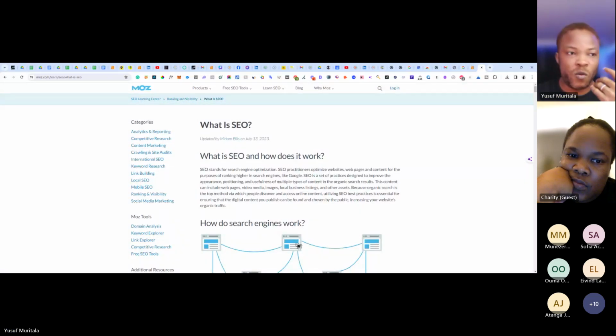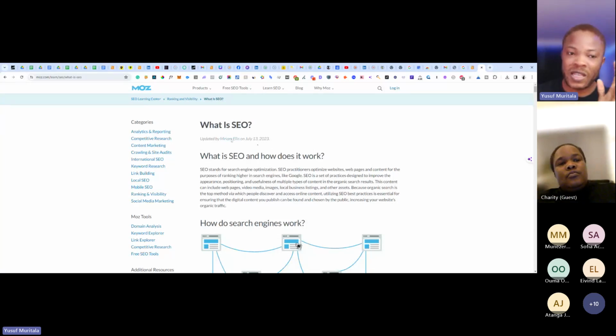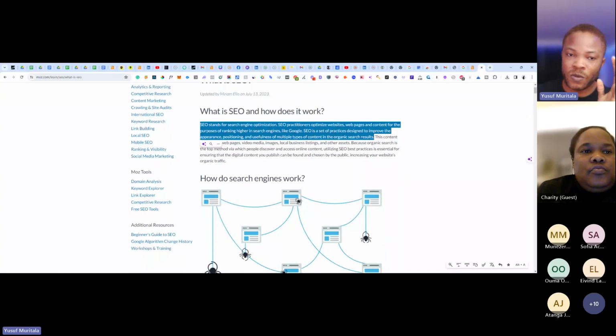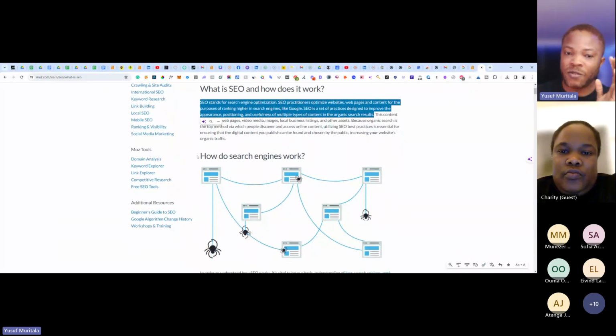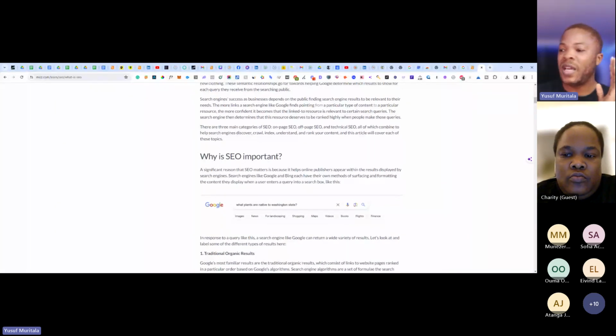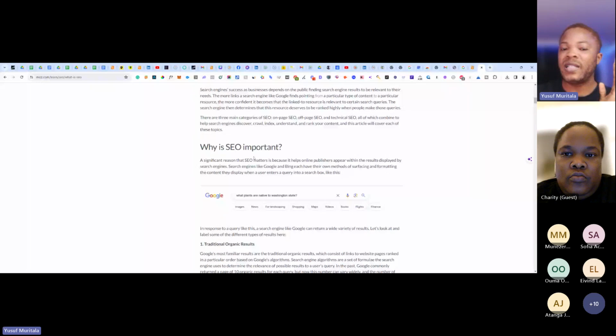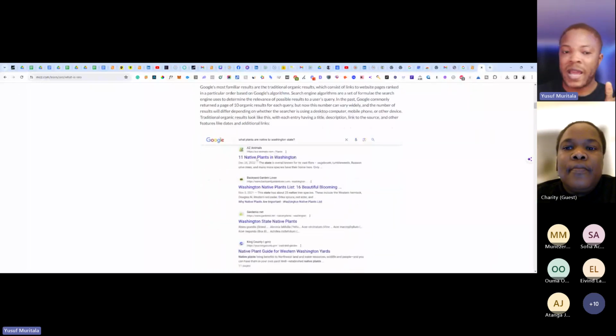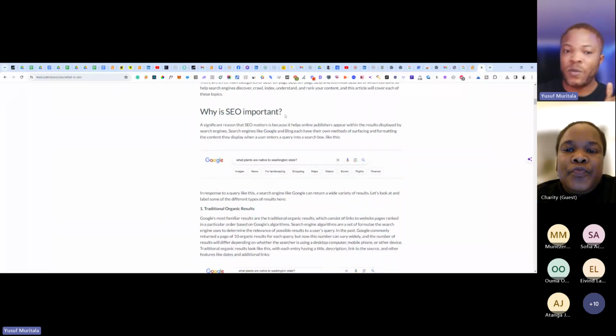Which SEO content should I write? So these are simple definitive guides that you can write. It's a type of content called a definitive guide. You can see what is SEO. They define what SEO is, what it is in brief, how search engines work. So they've broken down the topic into different sections, right? And then they say, why is SEO important?